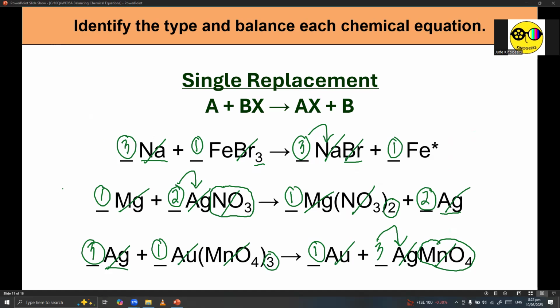It's not my fault if mabot kayo ng grade 10 na hindi nyo alam yung basic operations. You have been doing mathematics for a long period of time. And basically, with what we're doing, we've been consulting the basic operations, specifically addition and multiplication. So, if this is the lesson that you consider your kryptonite or your weakness, then I suggest that you have to keep practicing and practicing until you finally got a hold of it.